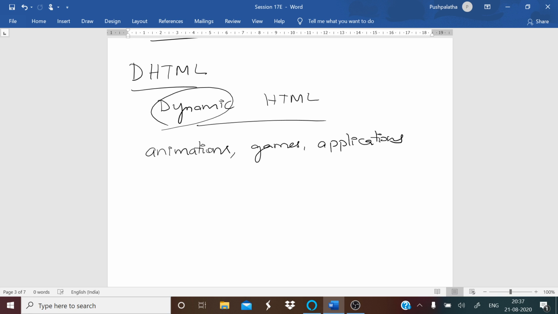And there is no plugin required for building a dynamic page. It facilitates the use of events, methods, and reuse of the code.